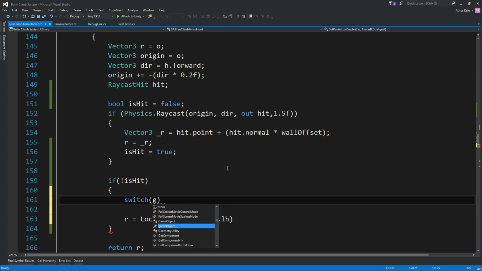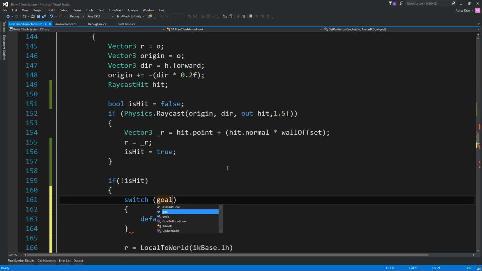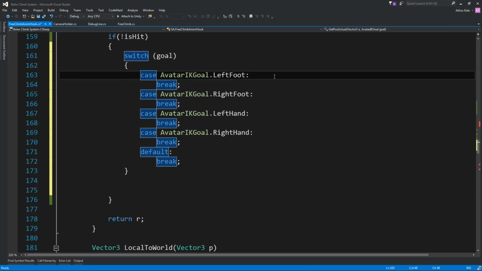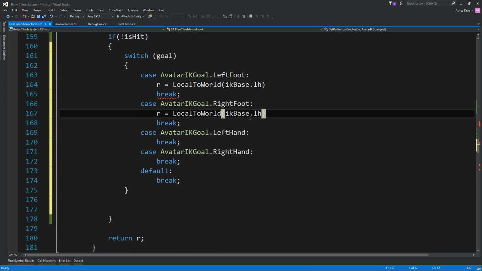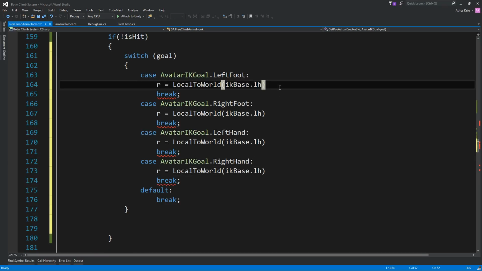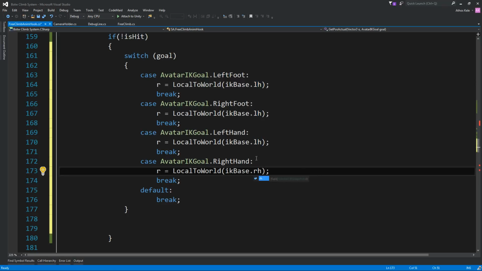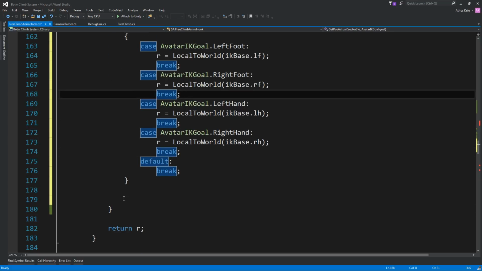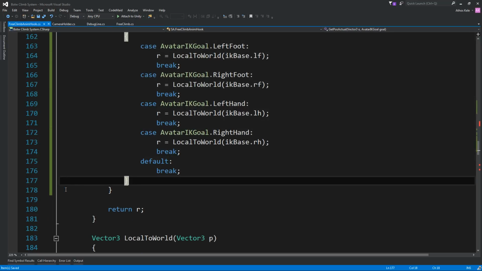Oops, just the goal. Right hand, left hand, right foot, left foot. Okay, so if it's not a hit, it's going to be that. Then,